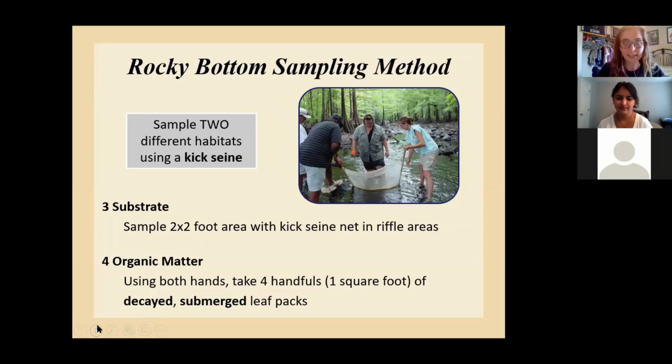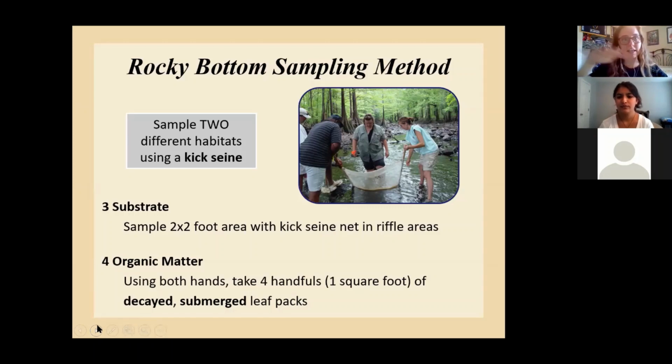And how that's done is we have the net in the stream anchored there by some rocks. Maybe we're seeing some big rocks or smaller rocks that we can pick up and brush off and anchor the bottom of that net down into the substrate.